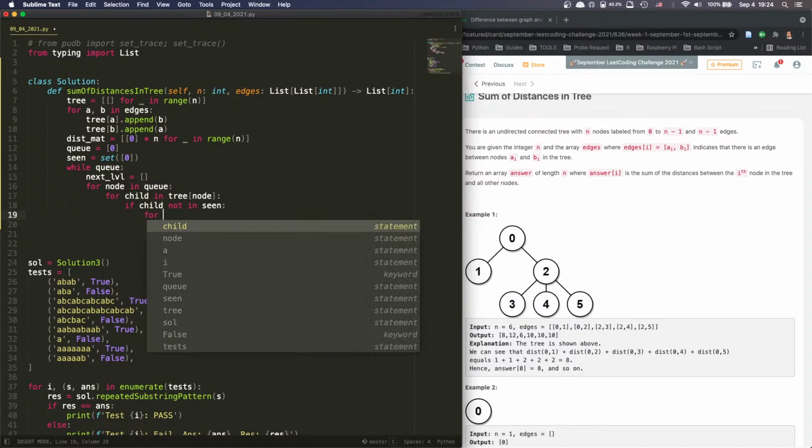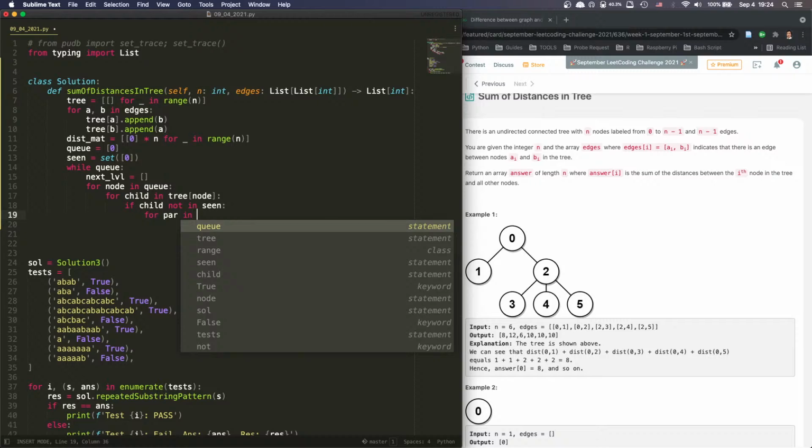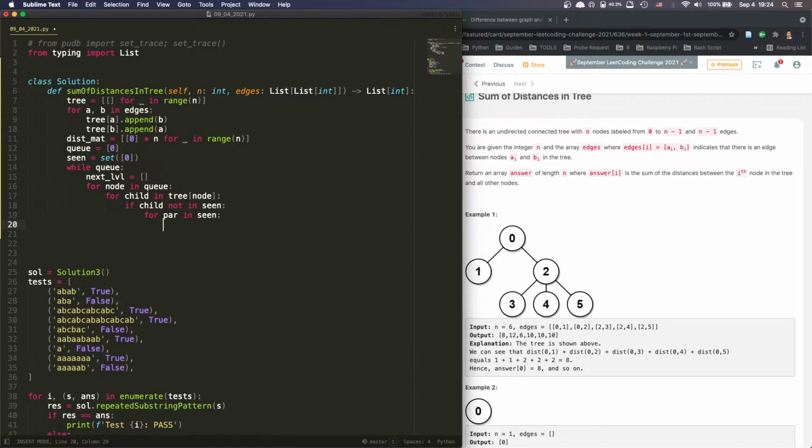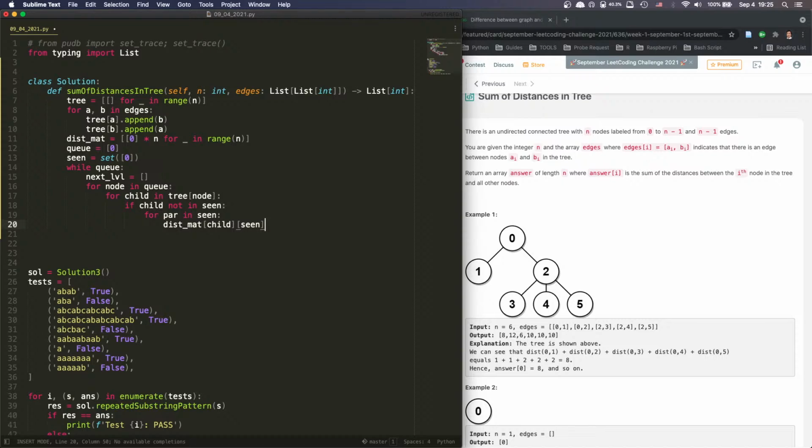So we're going to say for parent in scene. So everything in the node that's in the scene, they are parent. And so for all the parent in scene, what we're going to do is say dist map, dist matrix from the child to scene, equal to